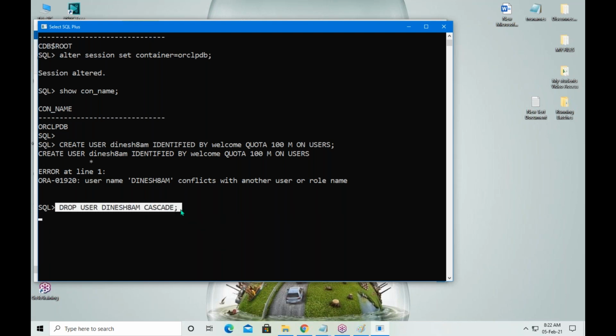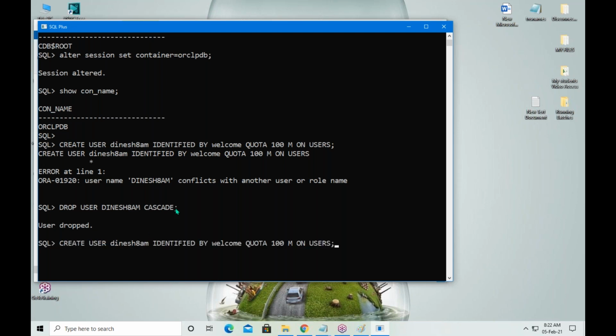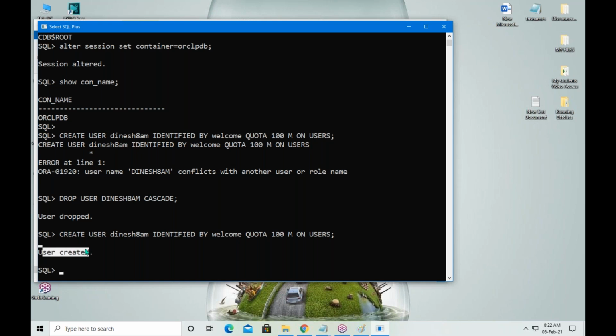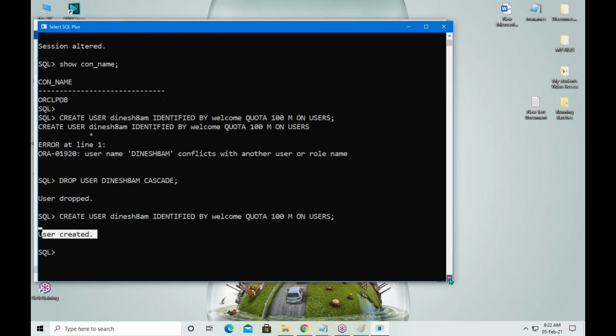Then the old user account will be deleted. After that, we will create a new user account. User dropped. Now again I am creating the new user account. User created.